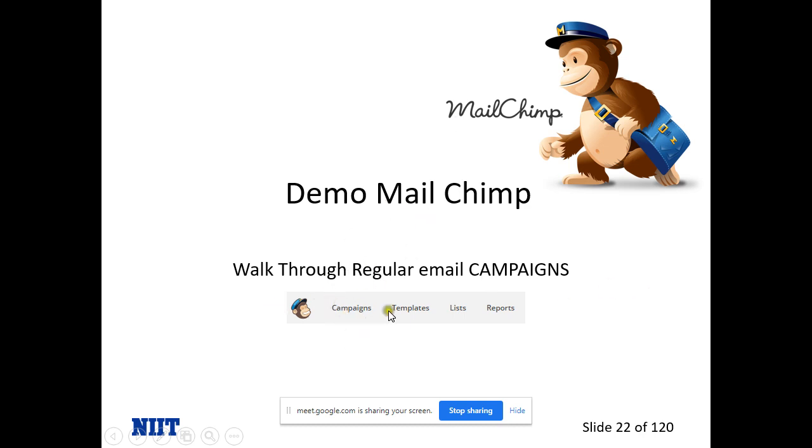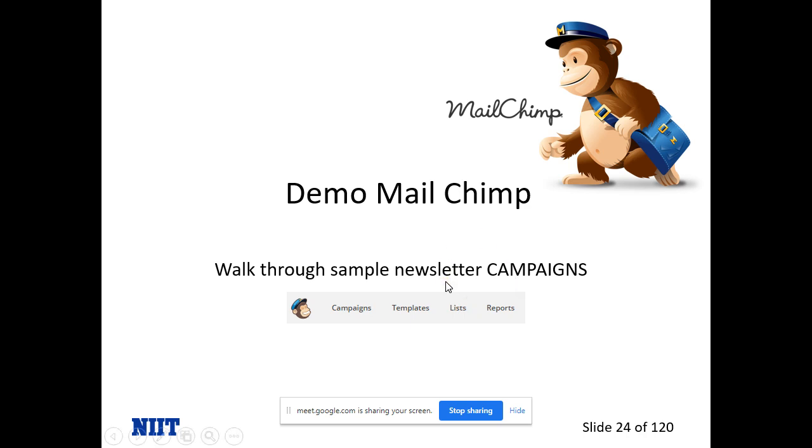But just to give you an overview, we can create a normal campaign, all right? We can create a regular email campaign, and we can create a plain text campaign. Now, what is plain text? Plain text is that you want to send only text to someone. You don't want to decorate your email with images and HTML, and you don't want to format it. You want to send it as plain text. So you can create a plain text campaign, and you can create a newsletter campaign.